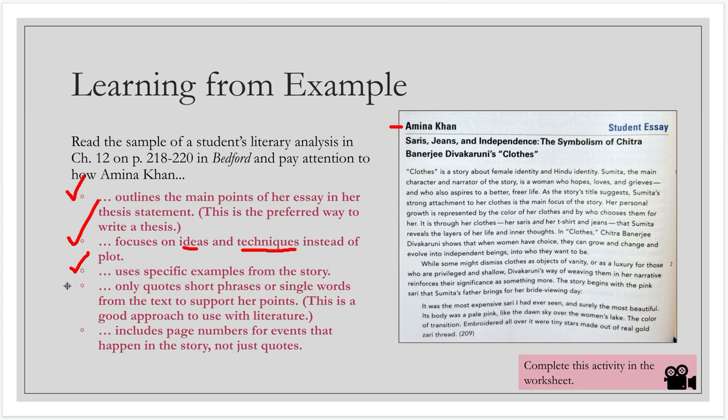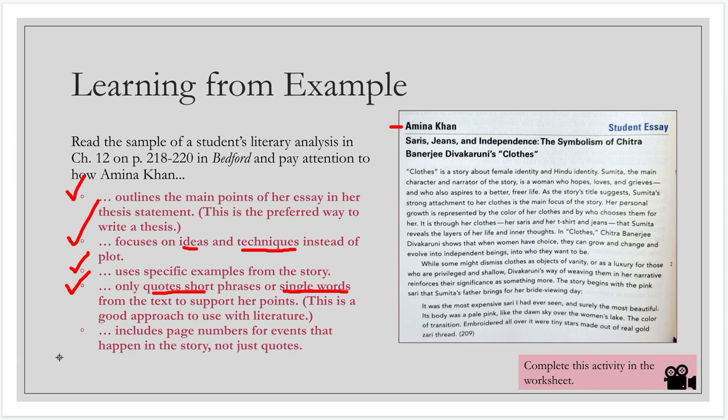And she only quotes short phrases or single words from the text to support her point, okay? That's really important. She doesn't just give page after page or sentence after sentence of quotations. She just isolates certain phrases. And for literature, that's often the best way to quote and cite and the most relevant, because it'll usually just be those short phrases that will really show what you want. So don't feel like you have to give a whole paragraph or a whole conversation. A lot of times in literature, you just want to focus on the specific words in the story